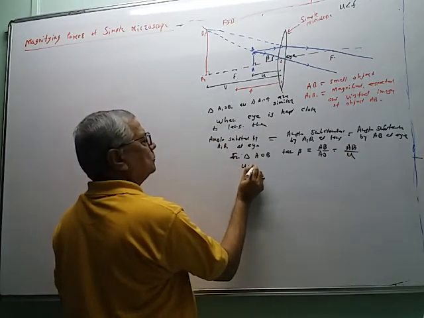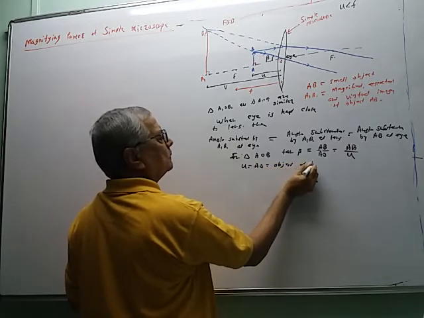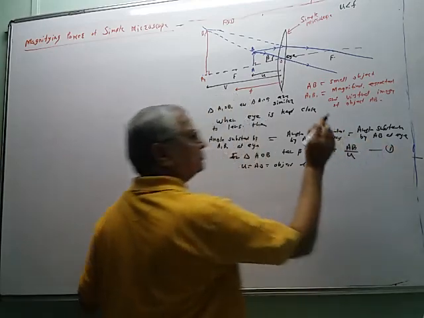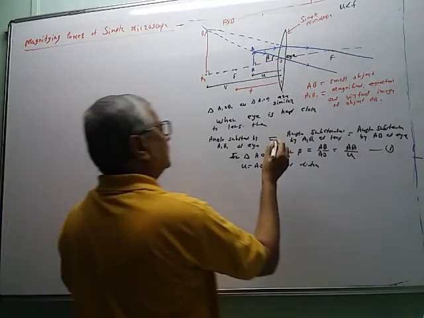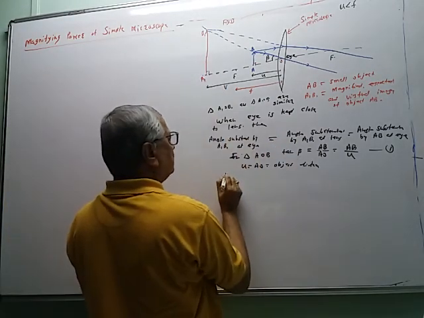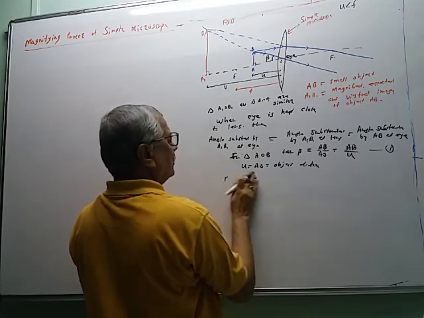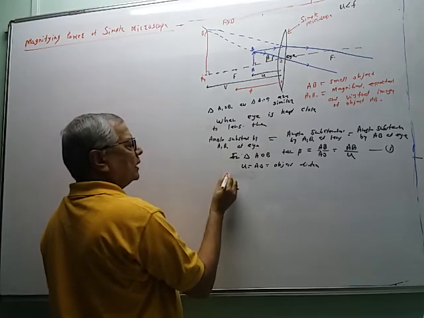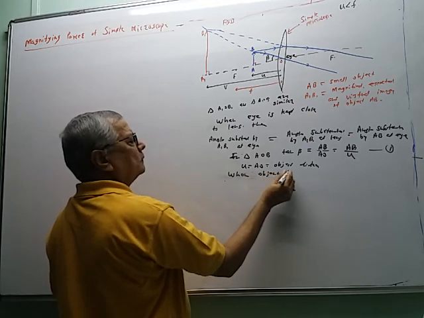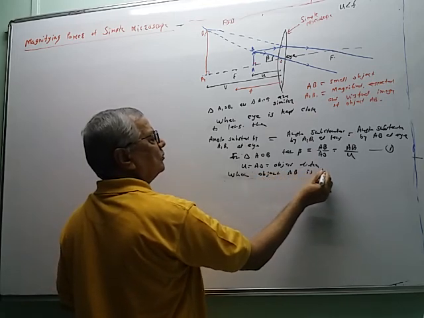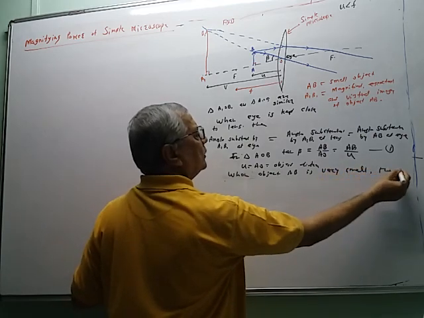So U is equal to AO, the object distance. So what is beta? It is equal to AB upon U. When the object AB is very, very small, again we are using that approximation, then beta